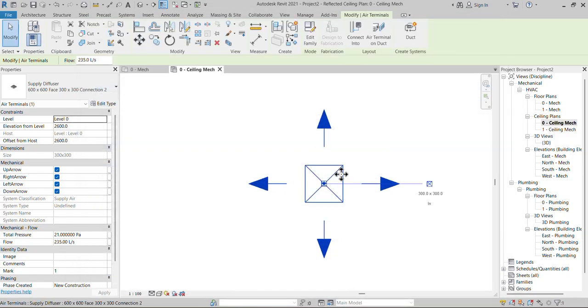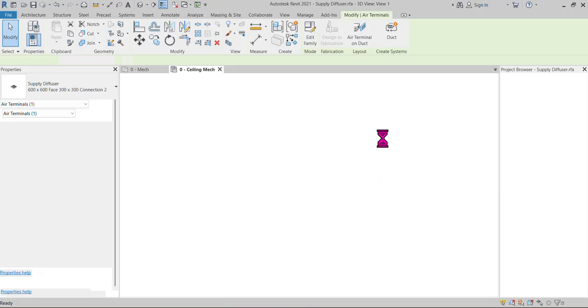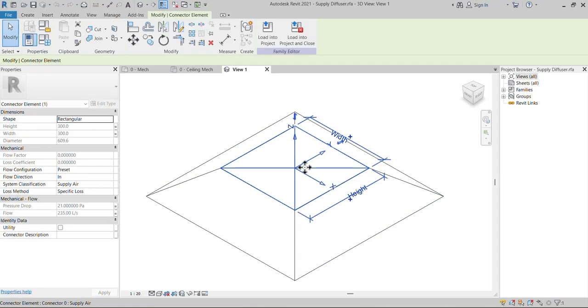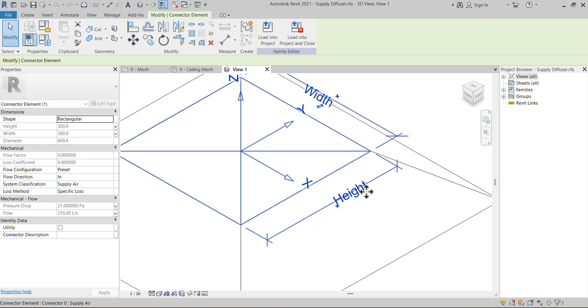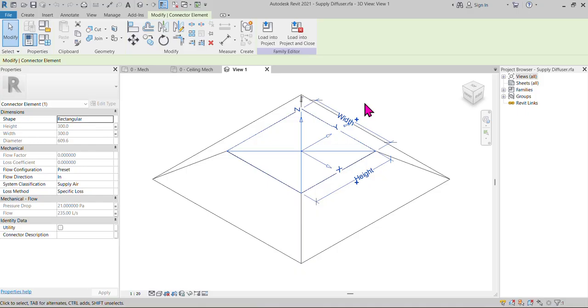So how did they create this family? You can go to edit family. Here you can see this one. This is a duct connector. Here you can see this height and width. They created it like a label. So here you can find the height is 300, width is 300, and